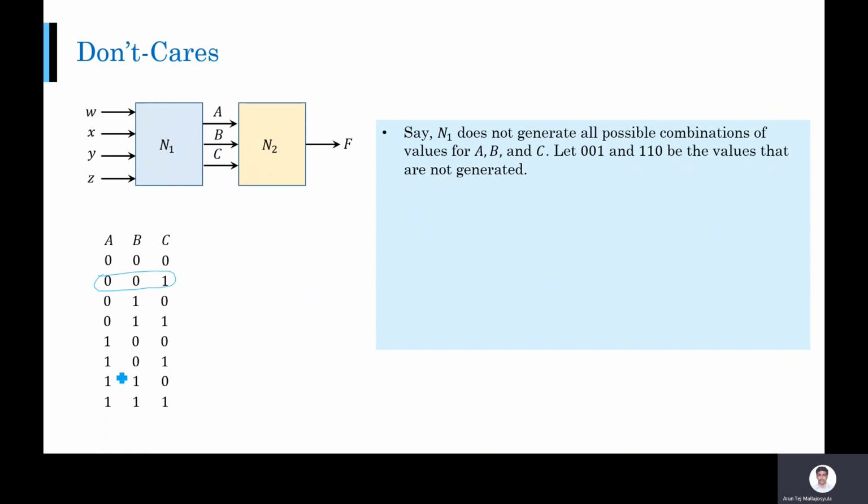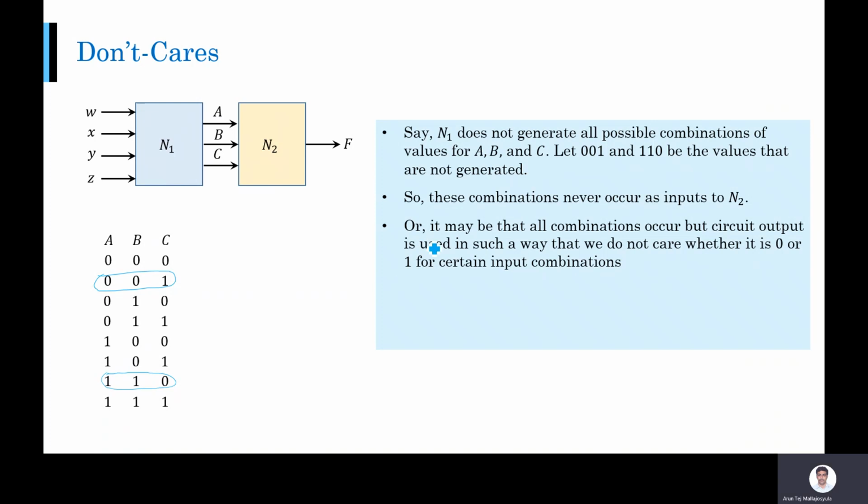And what was the other one? 1, 1, 0. So it's not generating this one also. Therefore this N2 will not receive these inputs in any scenario. They never occur as inputs to N2. Or you can also have a situation where all the combinations are occurring. All combinations are coming,